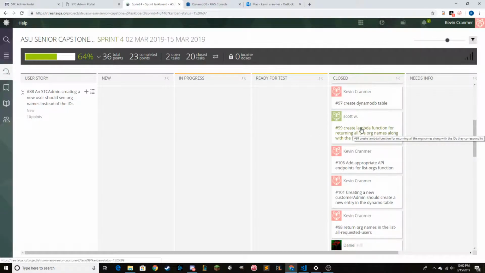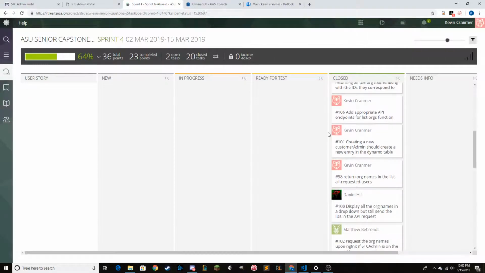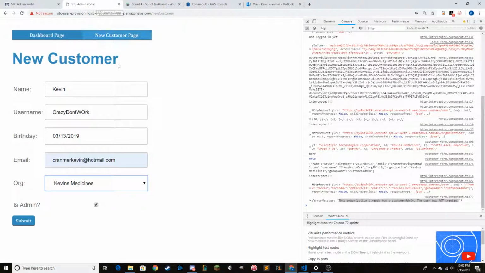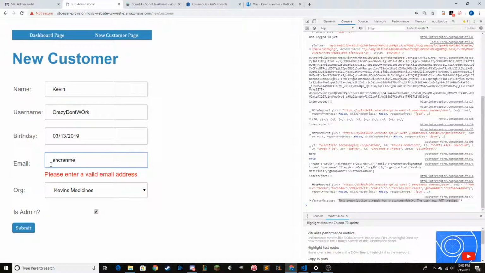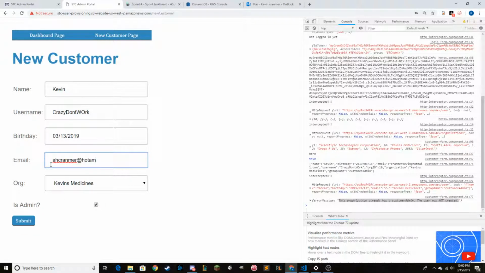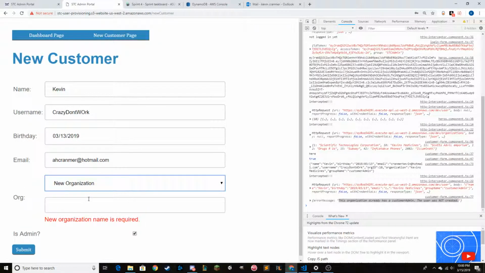Scott has created the function that returns the organization name. Then we added the API. Yes, so creating a new customer admin. So we gotta do a valid one here. So if you want to create a new customer admin, you have to create a new organization. So the new organization, let's say, is